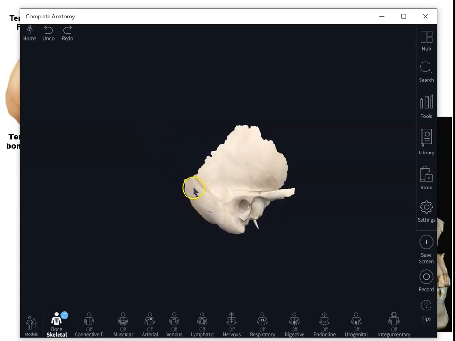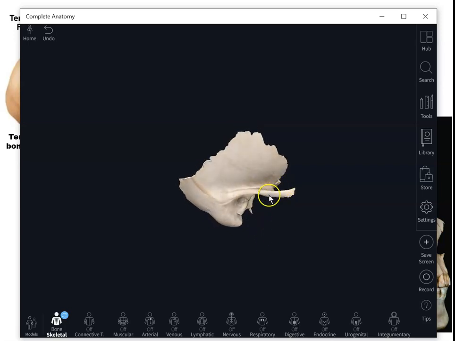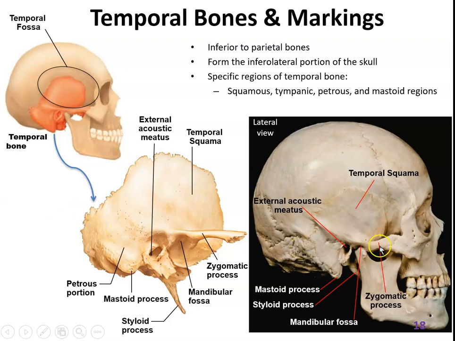So a few structures might jump out at you on this temporal bone. There's this hole here that is your external auditory canal, or meatus. That's what you clean when you clean out your ear. This structure here is part of your zygomatic arch. So this arch here,